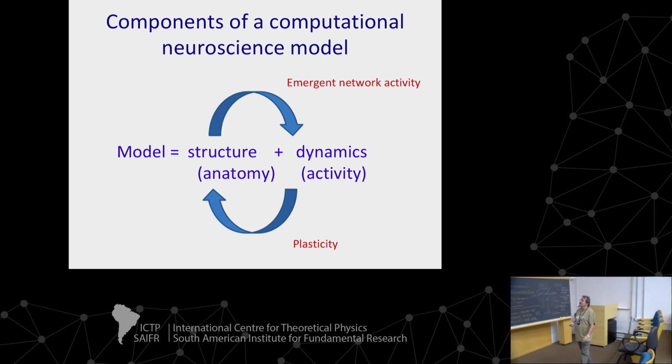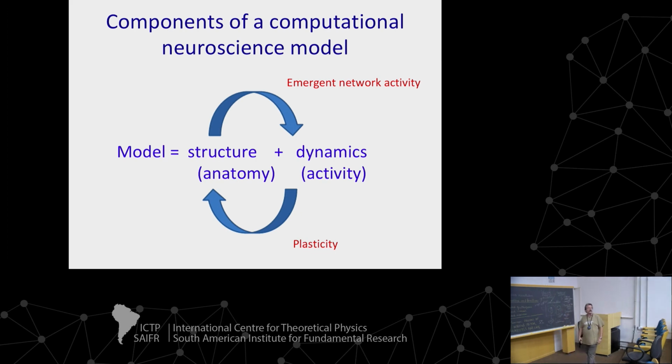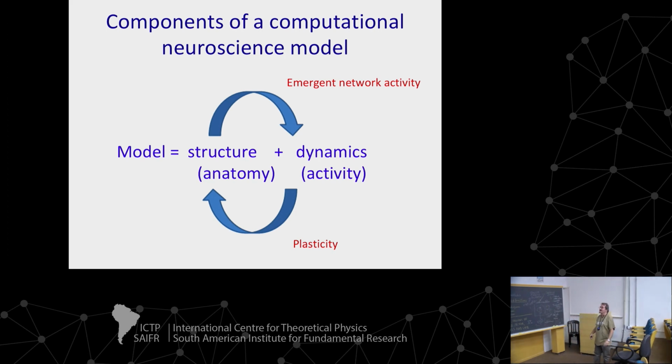So what are the components of a model in computational neuroscience? Because what we want to do is to model things like that, to construct models that allow us to understand how memory is processed, how emotions work, the role of emotions in the brain, and so on. We want to understand ourselves. That's the ultimate goal of computational neuroscience. So you construct a model. The model has